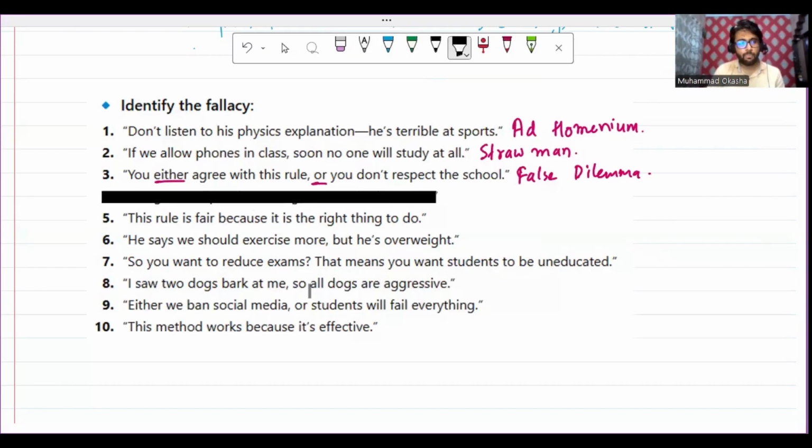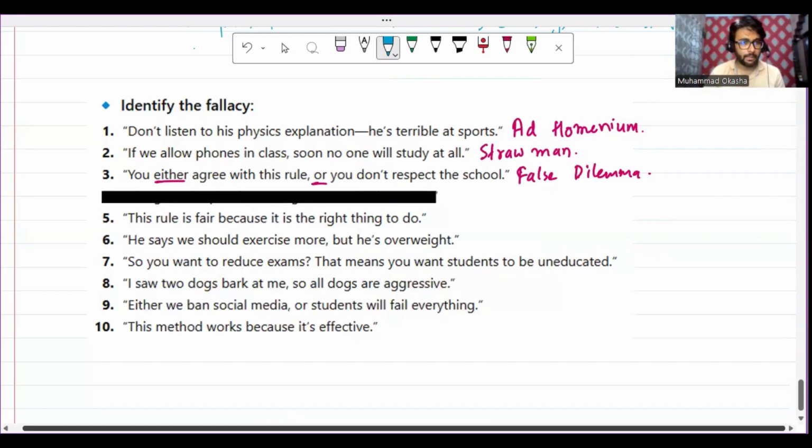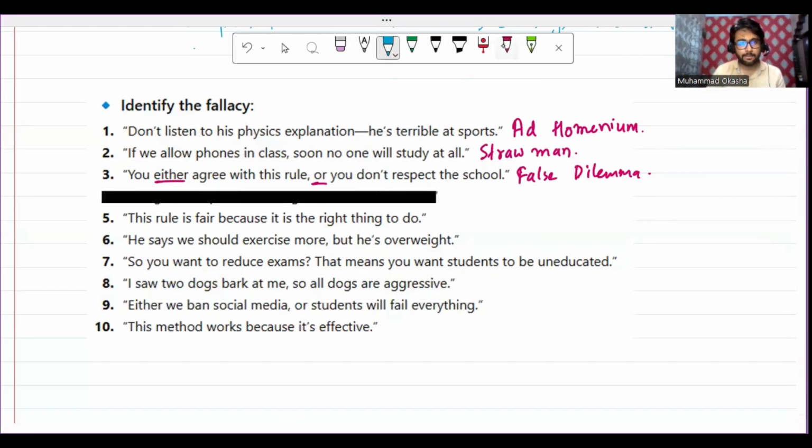Okay, this rule is unfair. This rule is fair because it is the right thing to do. मतलब कोई बोले कि यार ये रूल बिल्कुल सही है क्योंकि यही करना चाहिए। अब think about this, क्या हो रहा है यहाँ पे? आप कोई एक्सटर्नल रीजन पेश नहीं कर रहे, आप कह रहे हो कि ये सही है क्योंकि ये सही है, राइट? तो ये क्या हो गया, ये सर्कुलर रीजनिंग हो गया। This is begging the question,